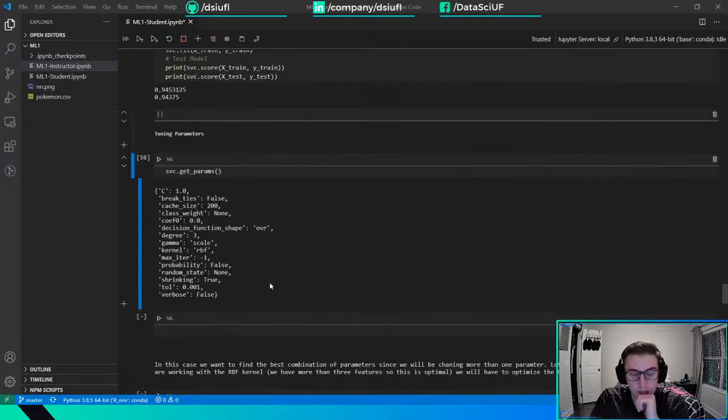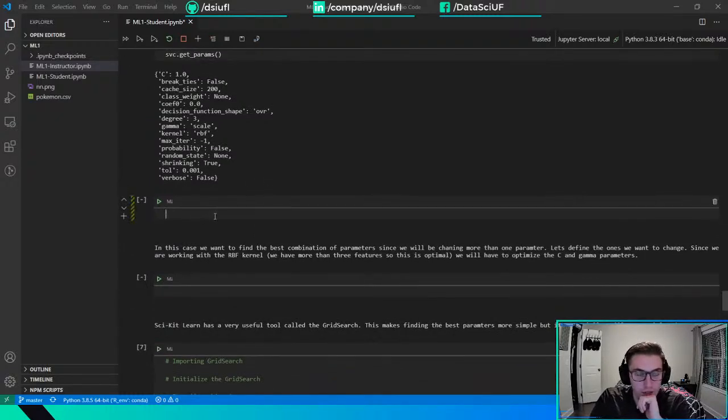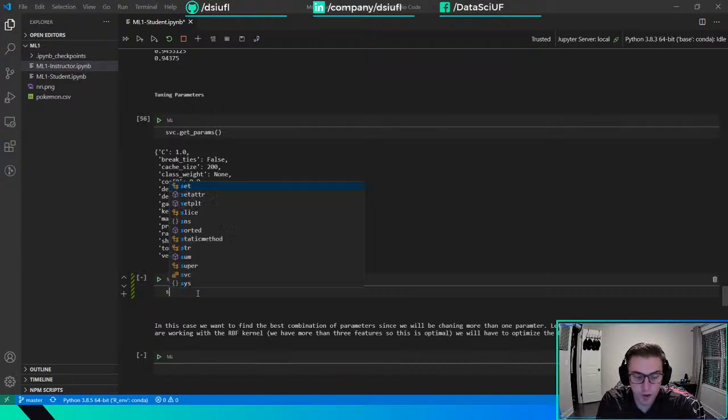But say you're tuning like 15 parameters at the same time, it wouldn't be ideal to do them one at a time because, for example, if you change C, it might affect the other ones as well since they're not independent. So what you can do is create a grid of parameters that you want to test, and it'll test all the different combinations of them and return the best one. So what we'll do is create SVC